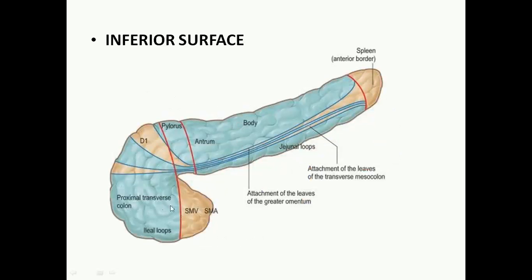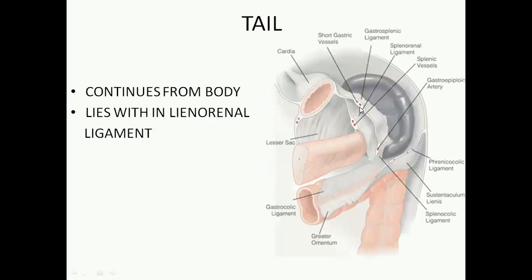Inferior surface. What are the structures which you can see on the inferior surface? It is related with the coils of the jejunal loops covering it on the inferior side, and the superior mesenteric vein and artery are seen on the inferior surface of the pancreas. Coming to the tail, it continues from the body. It lies within the lienorenal ligament. The pancreas is connected with the spleen